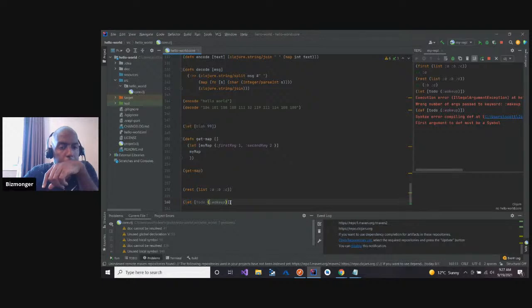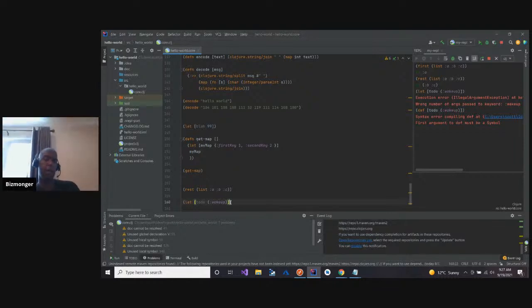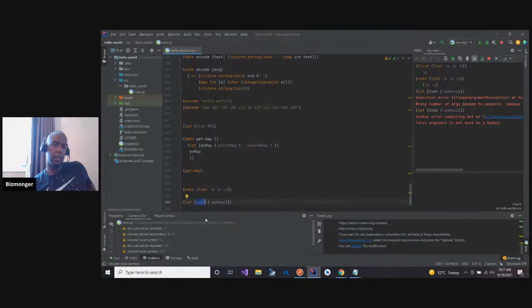I don't see anything wrong with this. Let is always supposed to have brackets immediately after it. I say that there's going to be this value called to do. No, this should be fine. What am I doing wrong here?